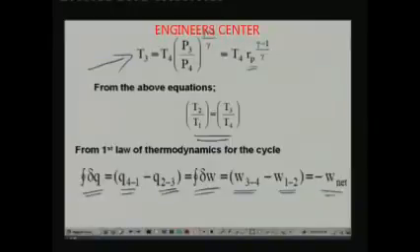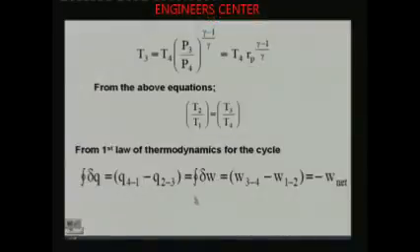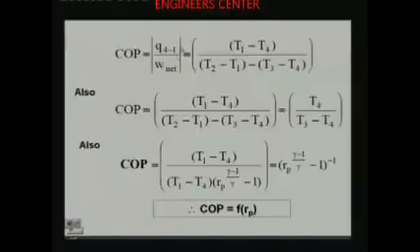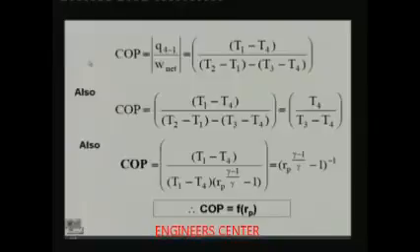And this thing is equal to W net, right. So finally you find the W net is equal to Q4 to 1 minus Q2 to 3. So COP again we are defining as Q4 to 1 divided by W net. So you can very easily show that this is equal to (T1 minus T4) divided by (T2 minus T1) minus (T3 minus T4), and this we can easily show, because as I said you can write this expression